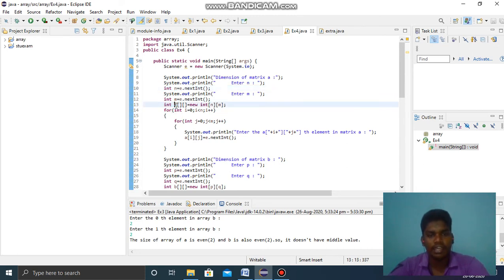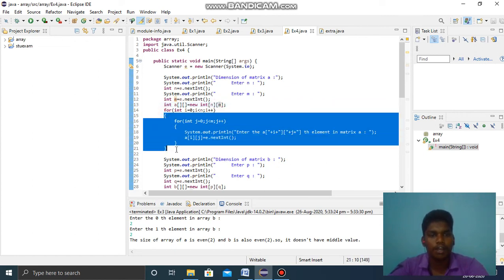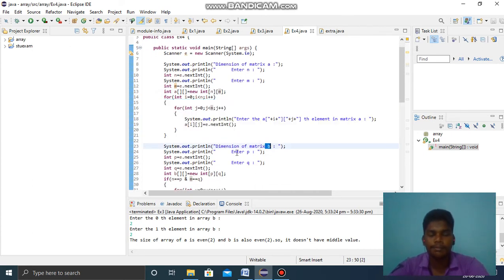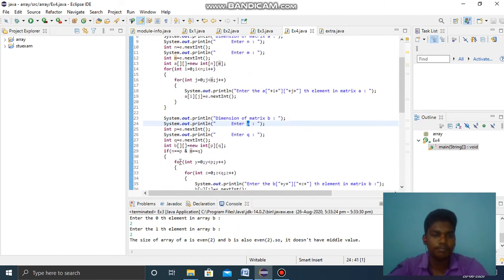For array A, I give n as row and m as column. Using a for loop, I get the values from the user, and for the B array, I get P as row and Q as column.